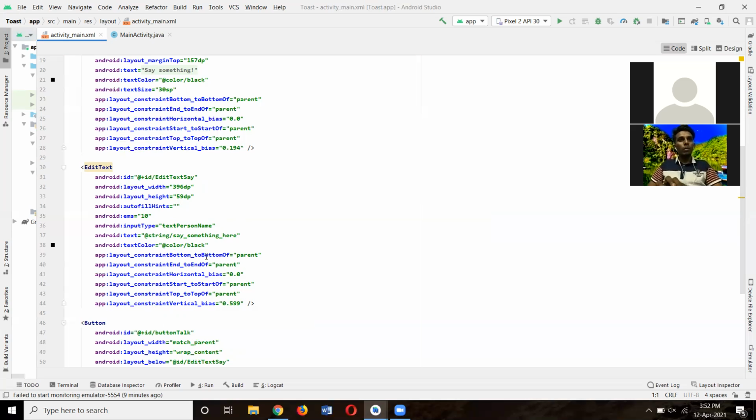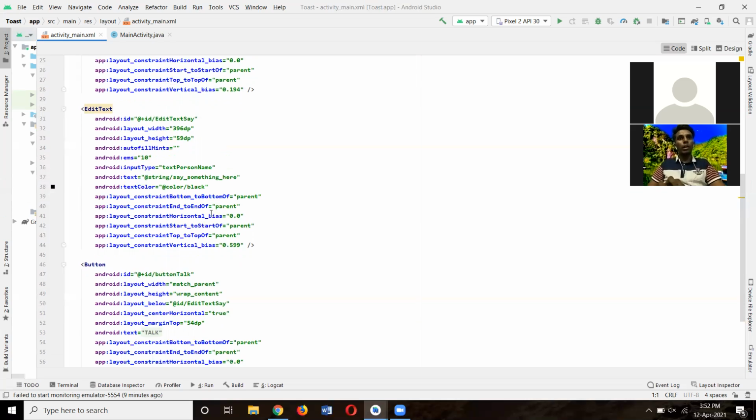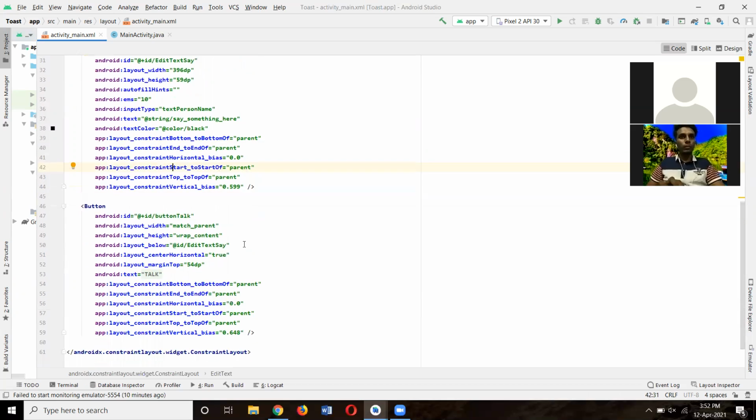Layout constraint bottom to bottom of parent. Layout constraint end to end of parent. Layout constraint horizontal bias is 0.0. Layout constraint start to start of parent. Layout constraint top to top of parent also. Layout constraint vertical bias is 0.599.